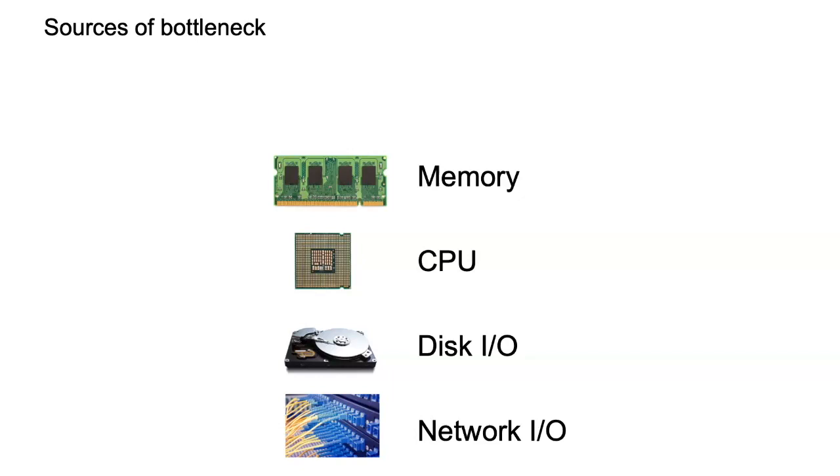The first bottleneck you might have might be the memory. You don't have enough memory. The memory is completely full. It's spilling to disks like crazy. And of course, that is slowing you down. That is the first thing that can happen. A second thing that can happen is that it's the CPU that is overloaded. Maybe you have so much parsing to do, or maybe your data is encrypted and you need to decrypt it, and that takes a lot of CPU time. So that might be the CPU. Or it might be the disk I/O. It might be that you have so many bytes to read from your disk that you spend all of your time reading, and this is what is slowing you down.